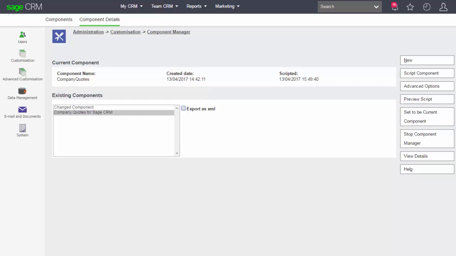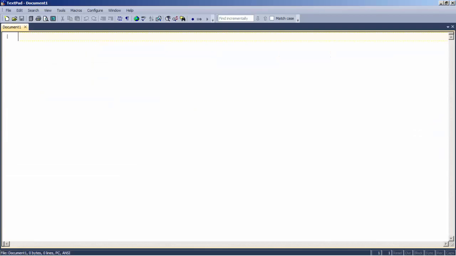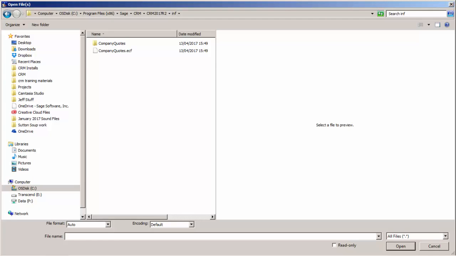This is where I'm going to switch over into a text editor program to start to look at those created files. Now I'm using a text editor, one called TextPad, and there are resources provided on the community to allow for customization of component files using the text editor. So I'm going to just open up in here, resources inside CRM. Now I've come into the INF folder, and we can see where we have created the ECF file, and also